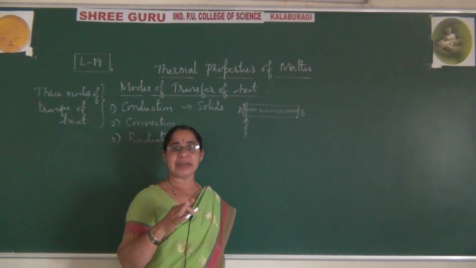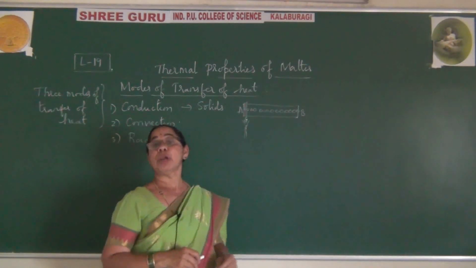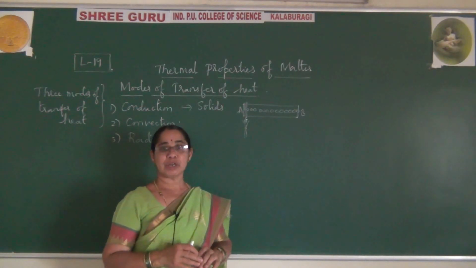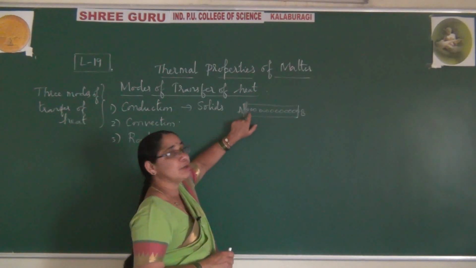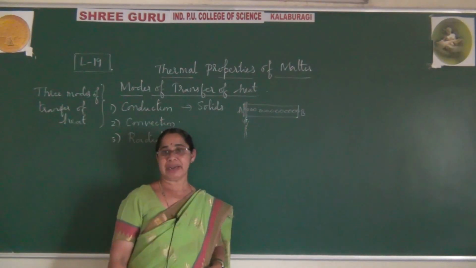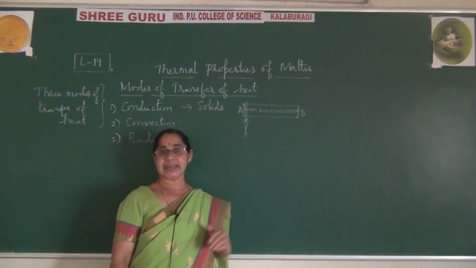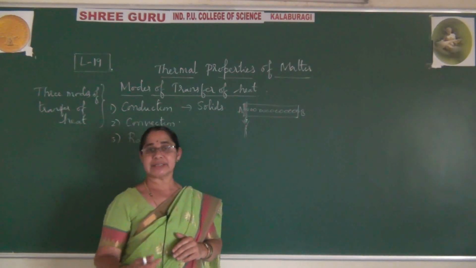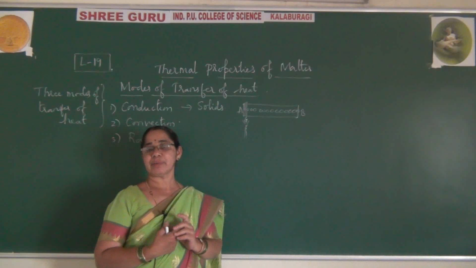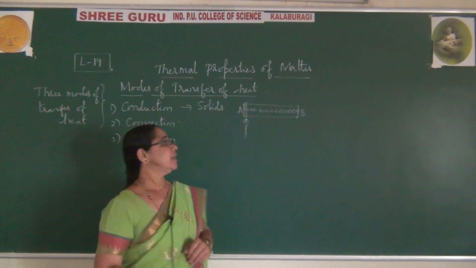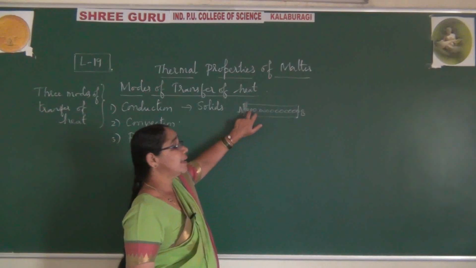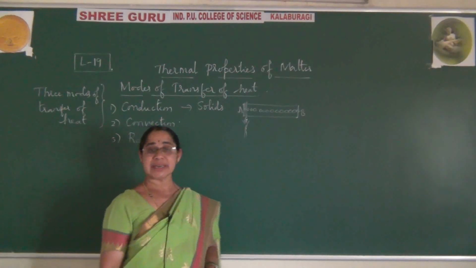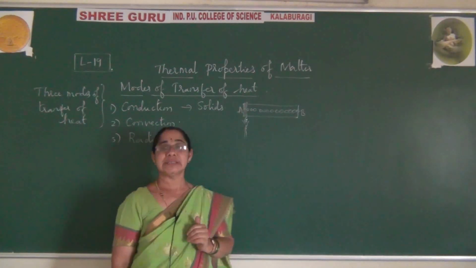As and when they start vibrating, they disturb the neighboring molecules, due to which the neighboring molecule also starts vibrating. Because of this, the molecules with more kinetic energy pass energy to the nearer molecules which have lower kinetic energy. They also receive the kinetic energy from it, due to which they start vibrating. Again these molecules get disturbed, they start vibrating. So the disturbance is created in it, due to which it starts vibrating with larger amplitude.